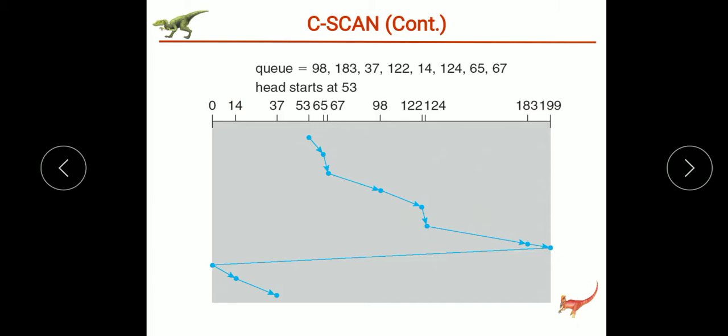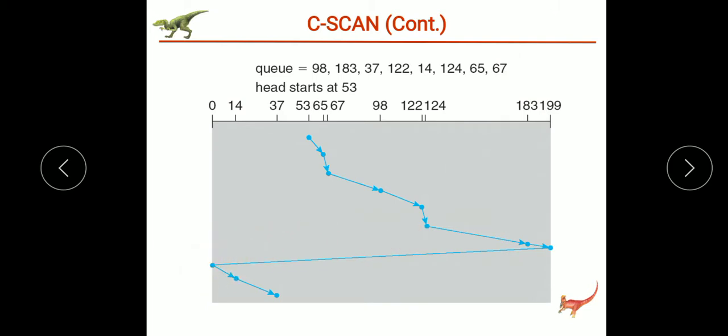Now once it reaches the end, it has to return back to the beginning. While returning back, we have 37 and 14, but it is not serving those requests while returning back. It is directly coming back to 0. You can see that there is no request for 0, but still it is reaching 0.